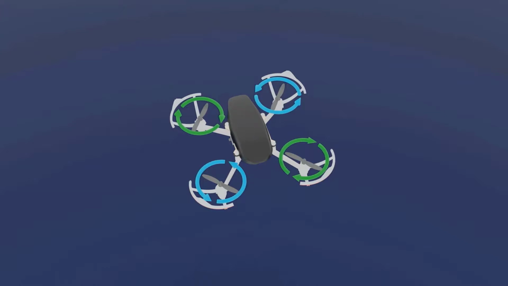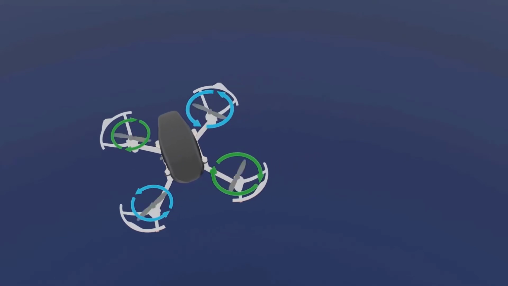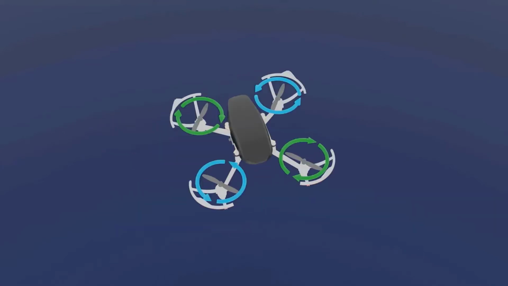Now, similarly, if you want to achieve a roll to the left, then at that time, what you have to do is, you will have to first again start off with an equal RPM, and then first you increase the RPM of these two motors, and then what happens is the drone starts rotating to the left, and once the roll angle is achieved, then at that time what you do is you make all four motors at an equal RPM.